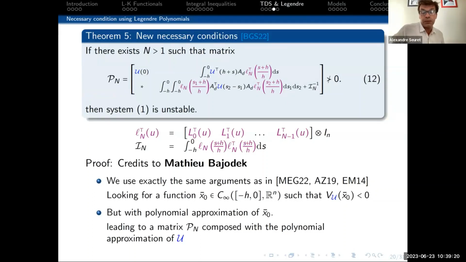It results in looking for a function x0 which is infinitely differentiable over the delay interval, such that the Lyapunov function of this state function is negative. But the main difference with respect to this work is that we are using the Legendre polynomial approximation. So we end up with